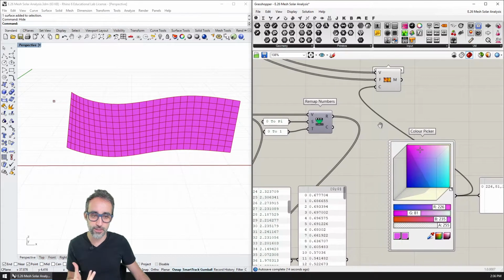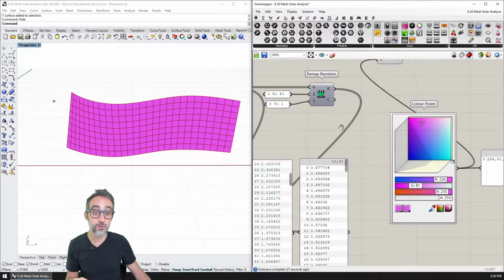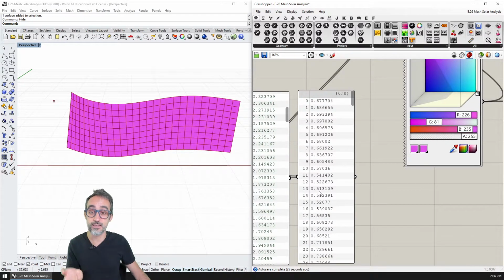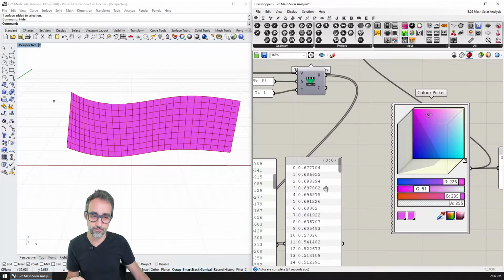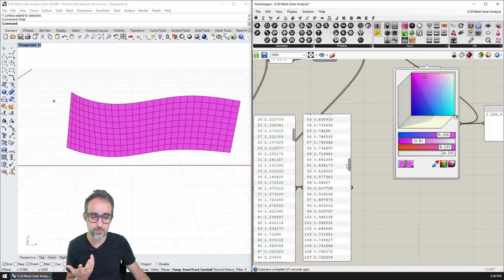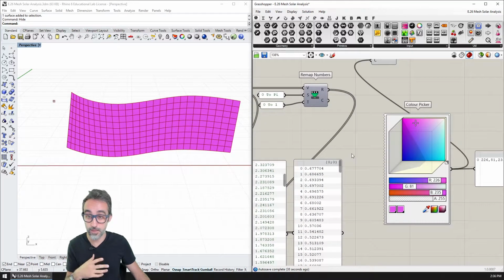But what I want to do now is assign different colors to each vertex on the mesh. And I want those colors to be proportional to how strongly the sun is hitting that mesh. We know how strong that is because we have values from 0 to 1 that tell me how strong they are. So we can generate perhaps RGB colors with that.